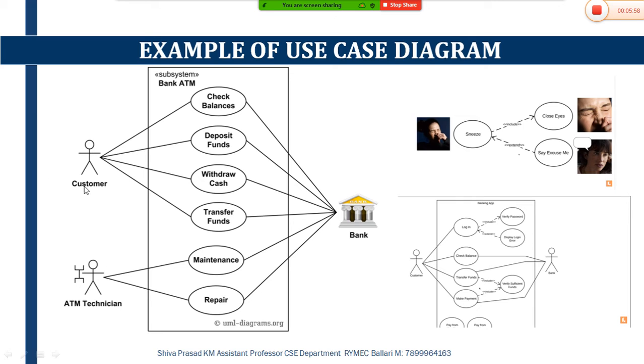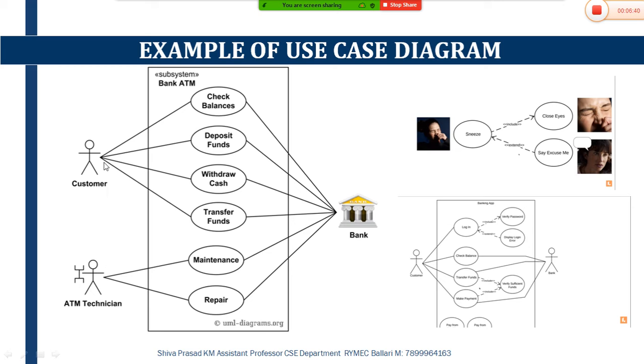What is the role of primary actors? They are the ones who perform the operation and initiate the system in an ATM system. If the customer comes to the ATM and tries to withdraw the amount, only then will the bank reply. If the primary actor is not operating with the functions involved with the ATM system, then the secondary actor, which acts as the bank, will be in an idle state.